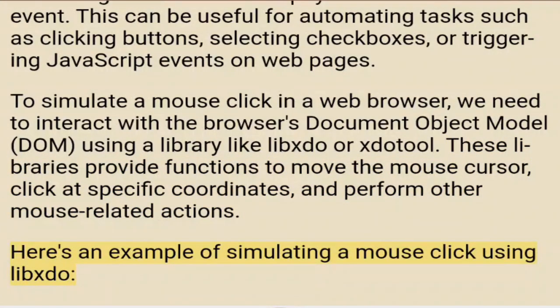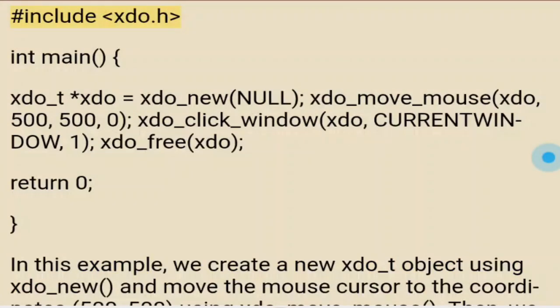Here's an example of simulating a mouse click using libxdo. #include <xdo.h> int main() { xdo_t *xdo = xdo_new(NULL); xdo_move_mouse(xdo, 500, 0, ...); xdo_click_window(xdo, CURRENTWINDOW, 1); xdo_free(xdo); }